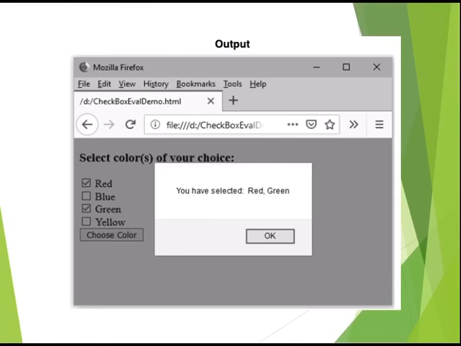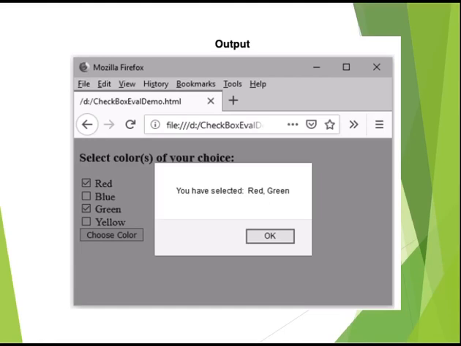I have chosen two items, red and green, and when I click on the Choose Color button, I will get an alert showing whichever items you have checked. Red and green I have selected, so it will display: you have selected red, green. If I check blue and green, I'll get the output: you have selected blue, green.